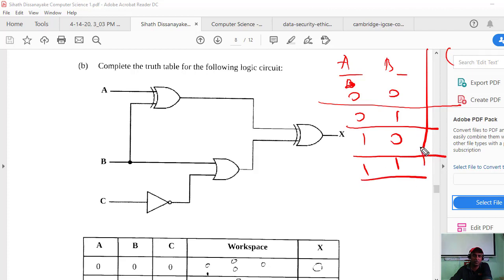What's the answer for this? It's like this. Yeah.